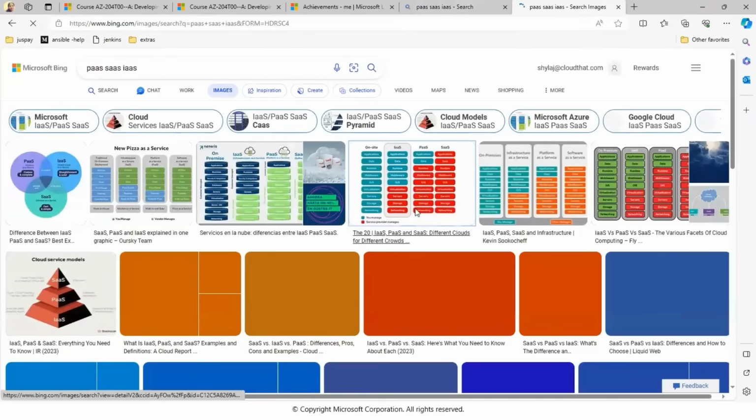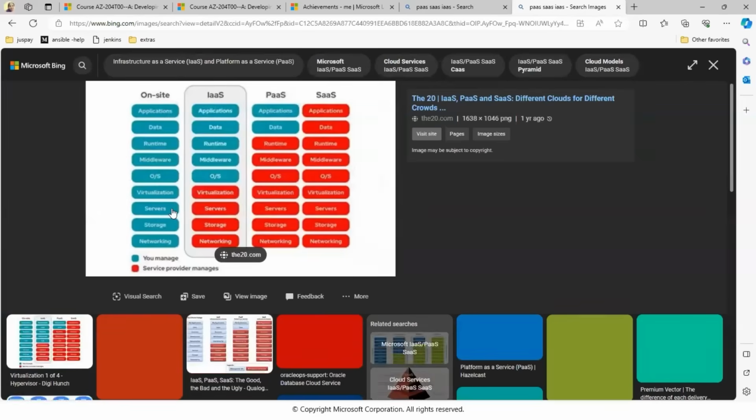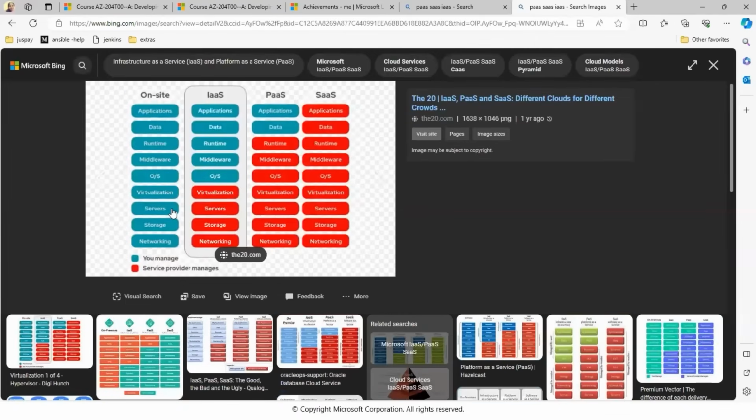Something like this, yeah. You see this, okay? Whenever you set up an application, you have these different layers that you set up to deploy an application. On site, you will set up everything: networking, storage, servers, virtualization, OS, all these things you set up by yourself.